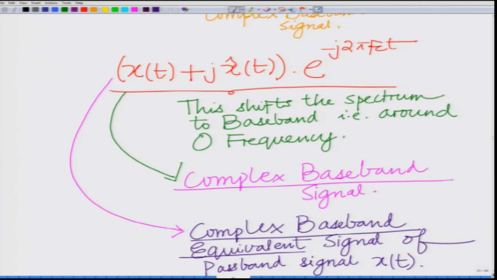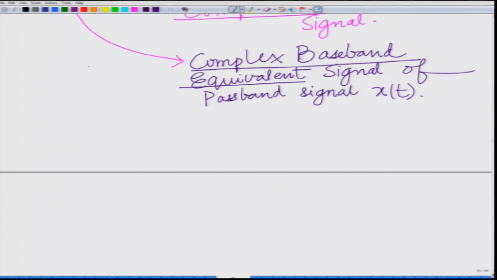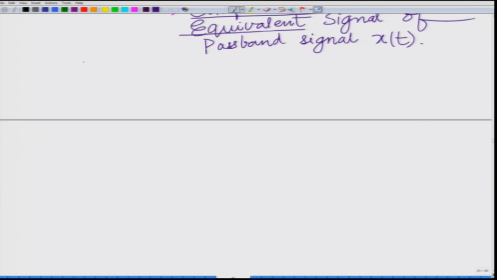This is denoted by x tilde t. And you can see we have already shown this as a spectrum, that is, you take the